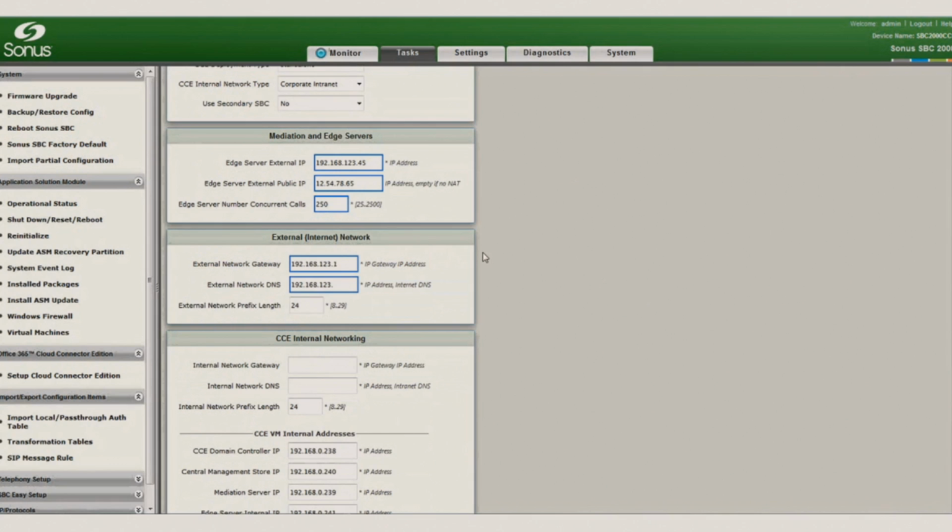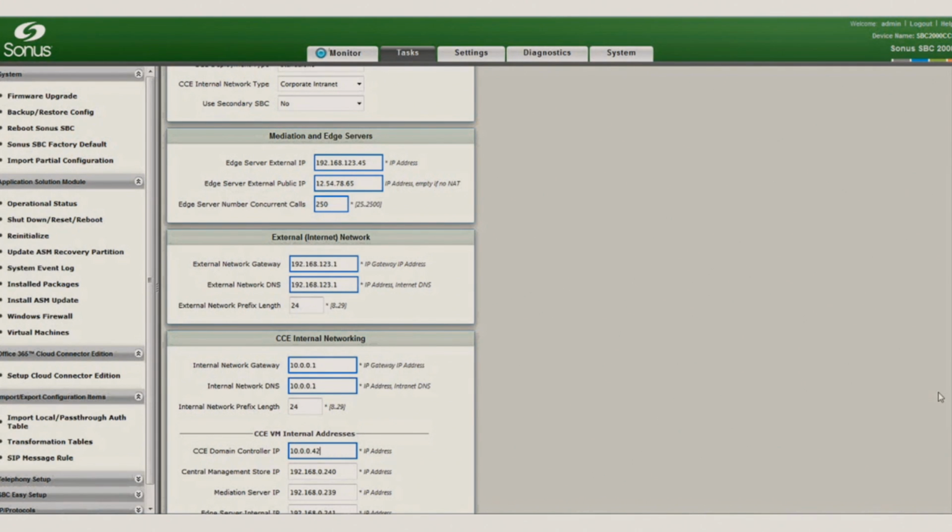Then we're adding the external gateway, the external DNS server. I told you that you had to remember that the external interface needed to resolve external names. This is how we do it in the Sonus, instead of logging on and doing things with the Windows Server itself.